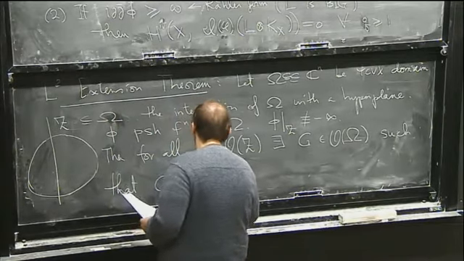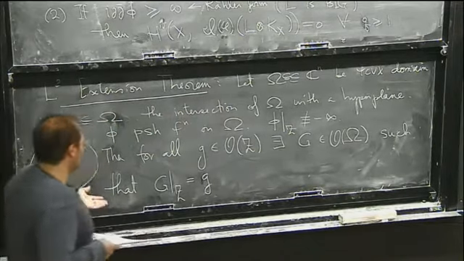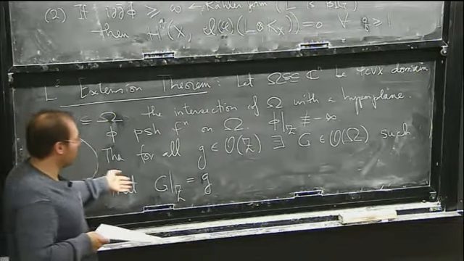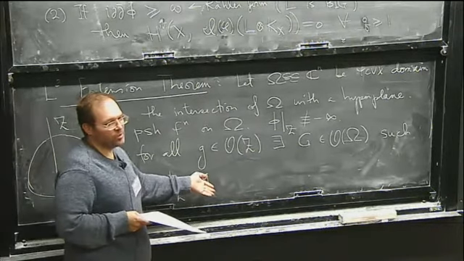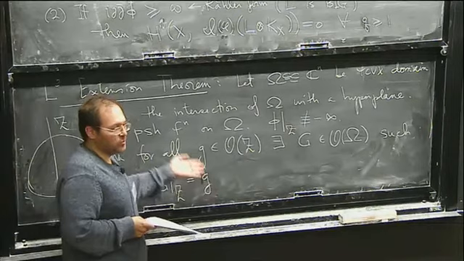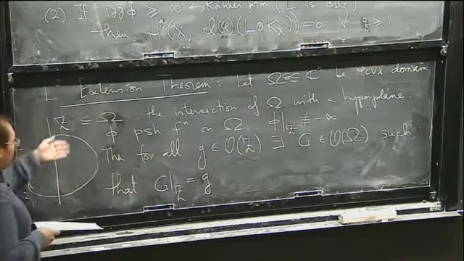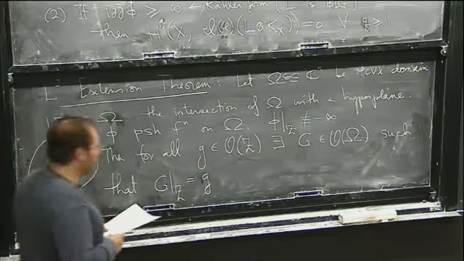So all this has nothing to do with a plurisubharmonic function, and up to this point this is true for any pseudo-convex domain or any Stein manifold and Z a closed submanifold of it. But